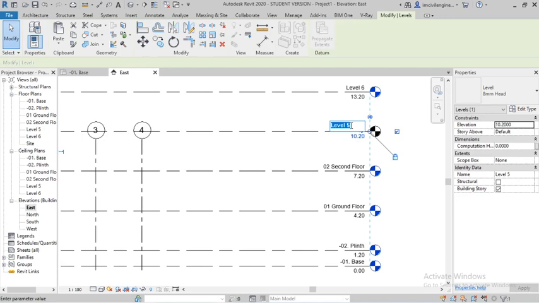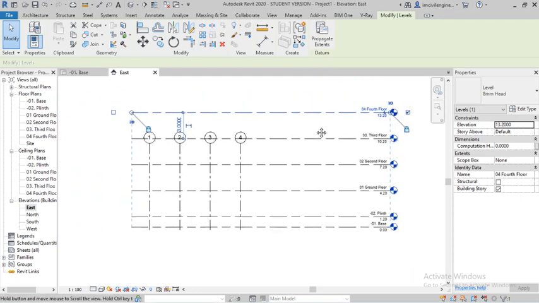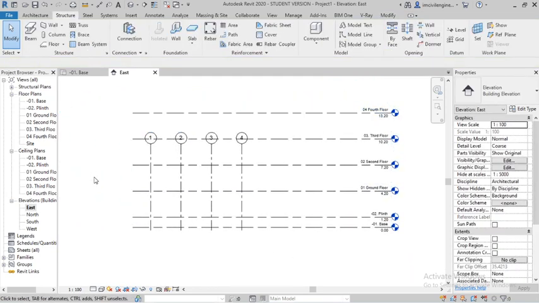Ground floor, second floor, make it as 03 third floor, and this one 04 fourth floor. Fine, the levels are already created.